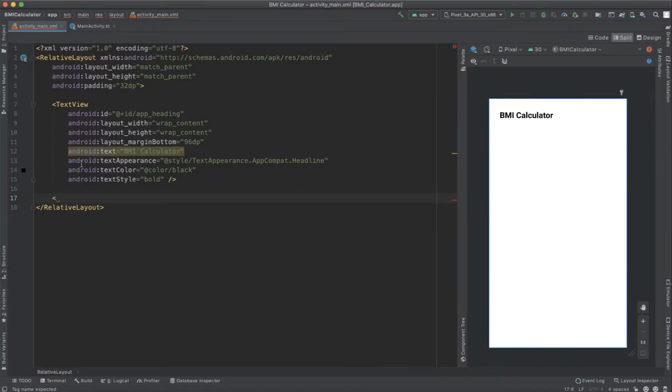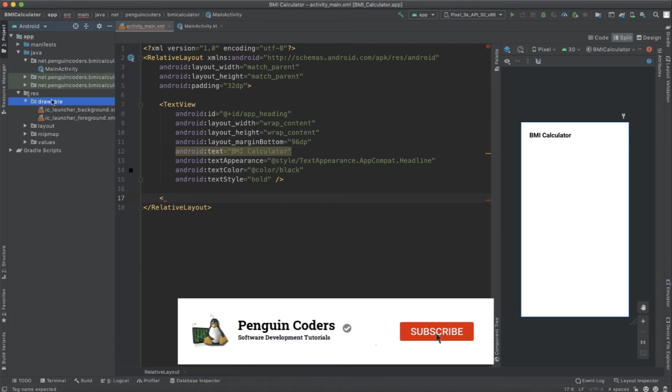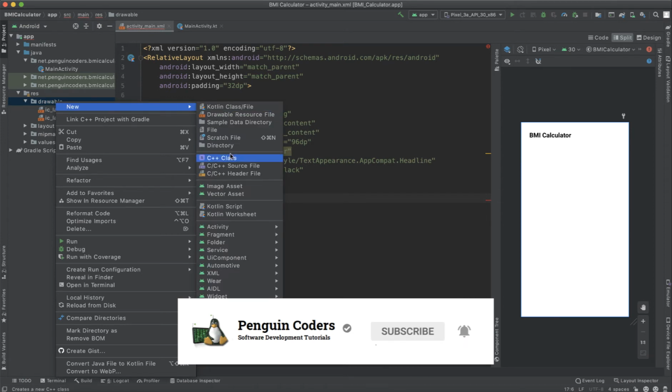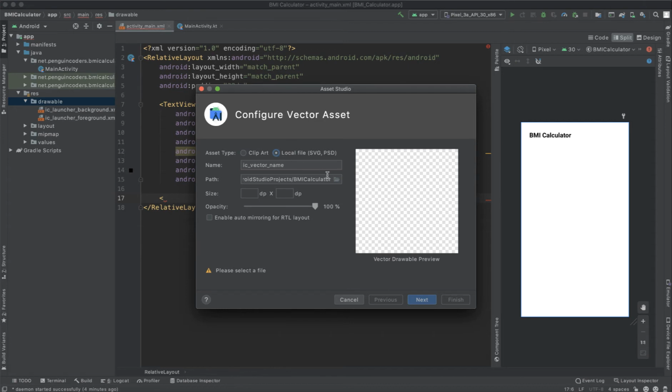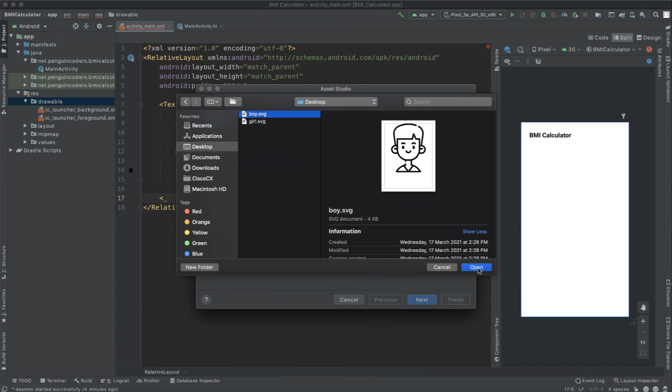The process to add an SVG image inside our project is very simple and we will show how to do that. Go to res, drawable, and inside drawable right click and choose new vector asset and then click on local file and select the folder where you want. So I will choose desktop and in desktop I have boy.svg. I will click on open